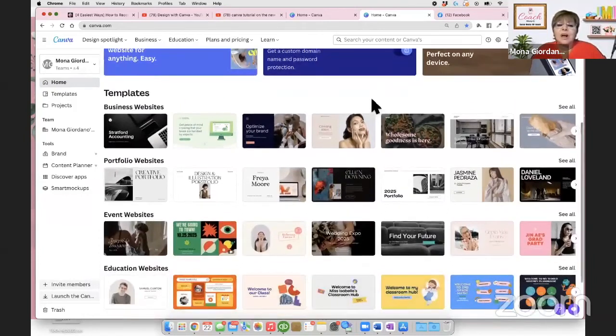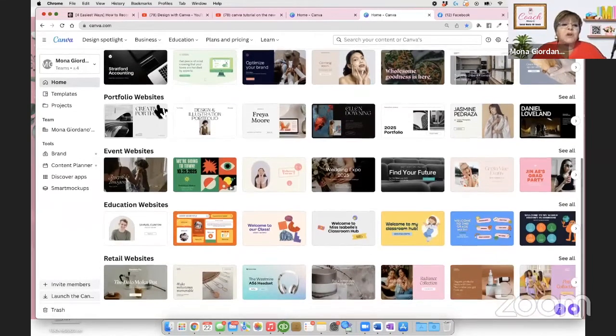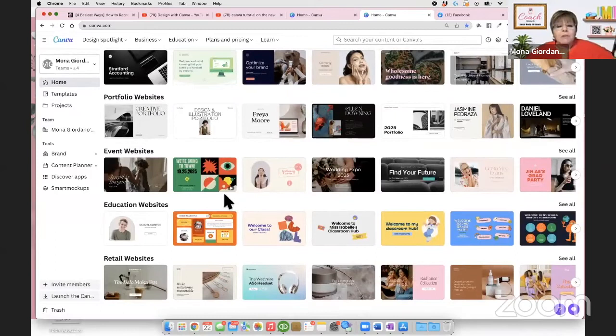All right. Canva also gives you a whole bunch of different templates that you can use to get started. You can also start from scratch, which is what I'm doing as I'm building a website prototype, if you will, for Pest Control General Store. So anyway, you've got all these different templates to choose from. And you can find your industry. And why recreate the wheel? If you are not a designer, then you can take the look that you like and customize it, change the colors, change the font, change the words, change the pictures,